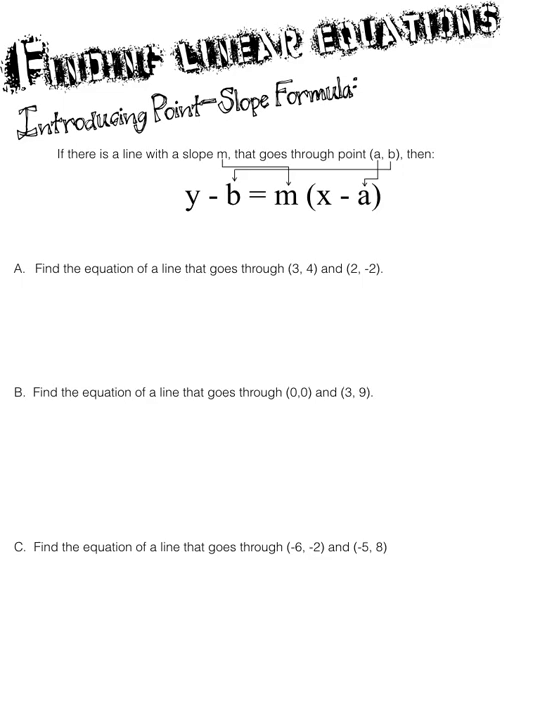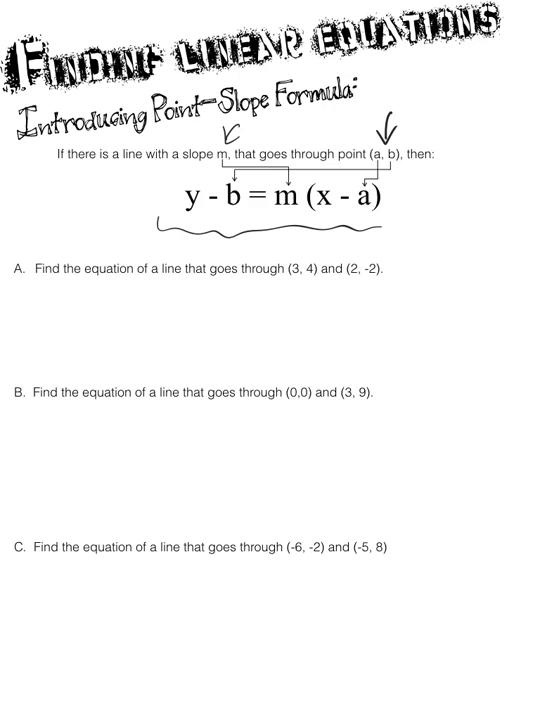Another method or formula that you can use when you're trying to find the equation of a line is this formula that we call the point slope formula. The reason that we call it that is because all you need in order to find the equation of a line is one point and the slope. And we have a handy-dandy formula that you can use to figure out what the equation of the line is. The first question that I have, A, find the equation of a line that goes through (3, 4) and